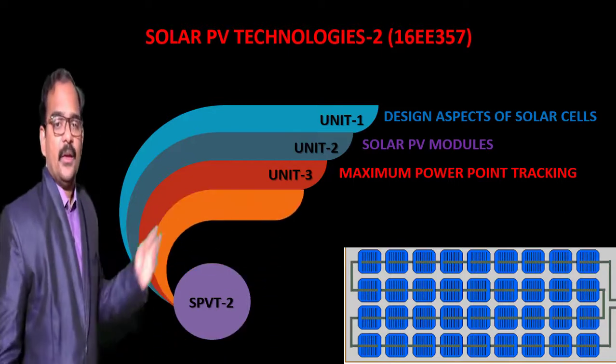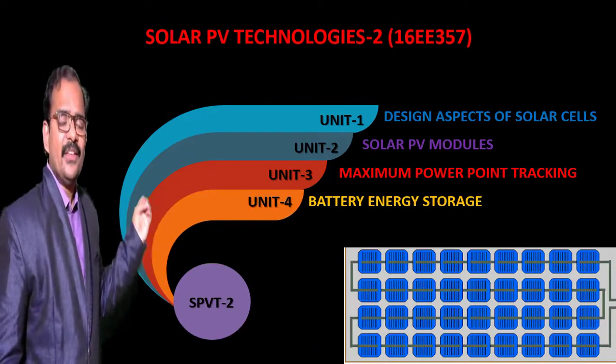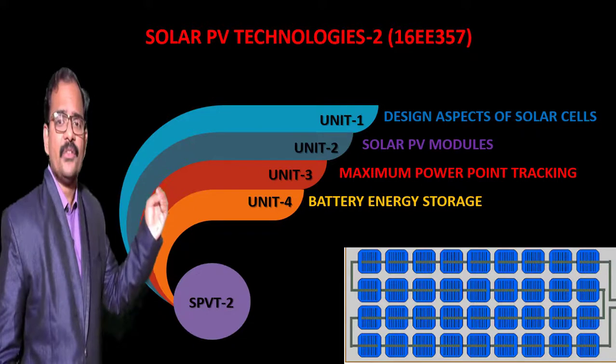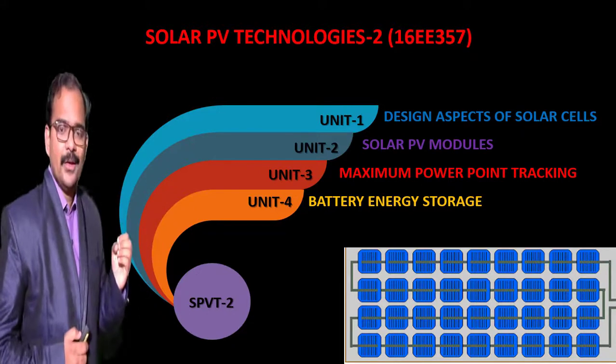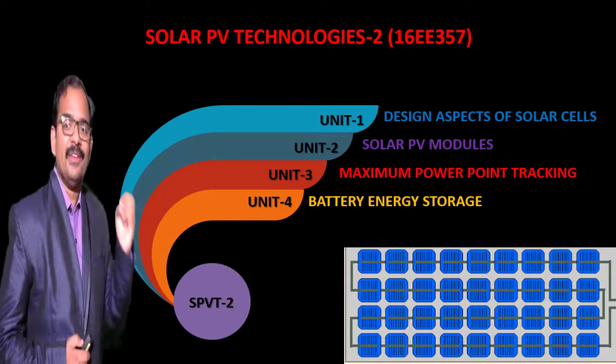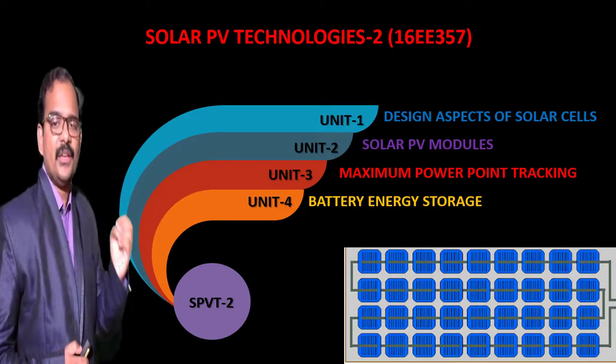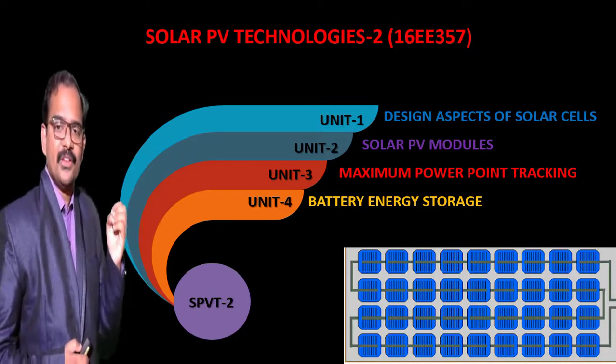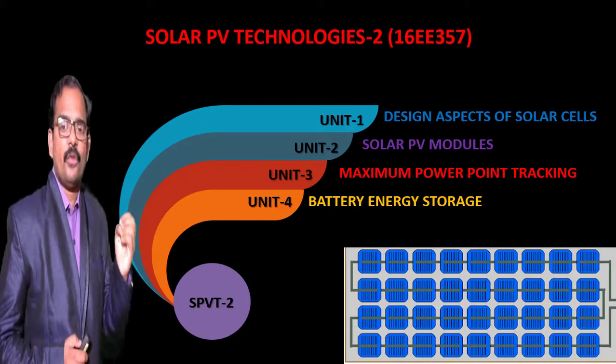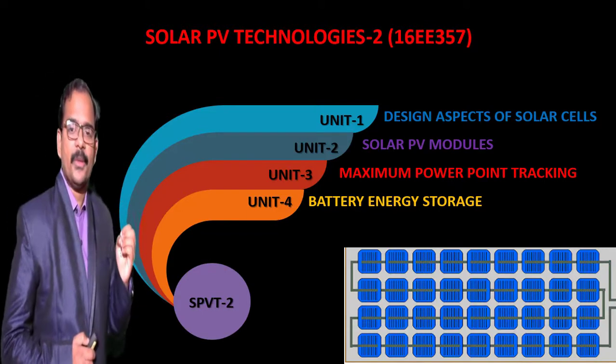Then in the fourth unit, we have discussed about the battery energy storage technologies. We have seen what is an energy storage and why we need energy storage, what are the components of energy storage. Then we have seen the battery energy storage. Later we have discussed the charging and discharging of a battery, and then we have seen the performance curves of a battery,